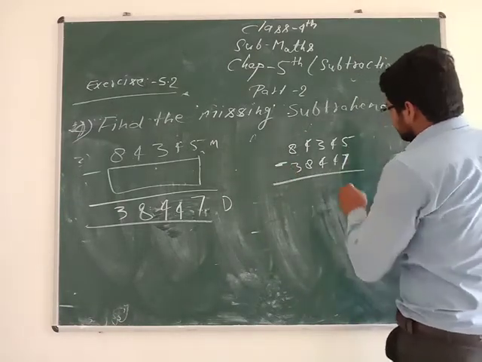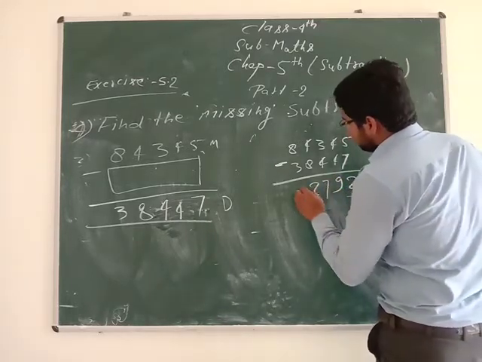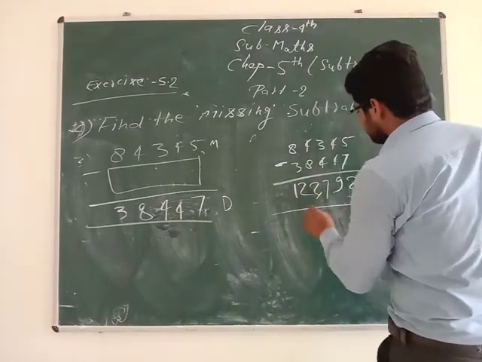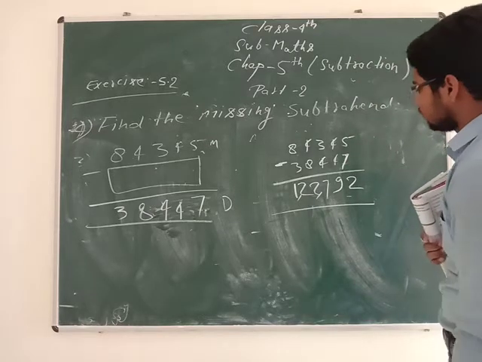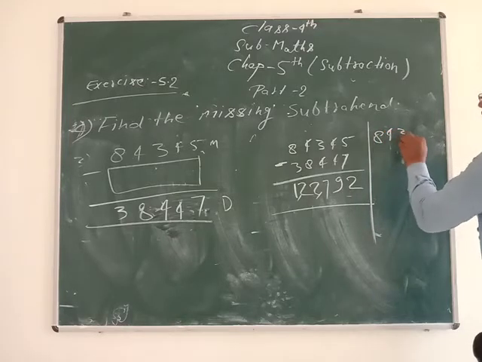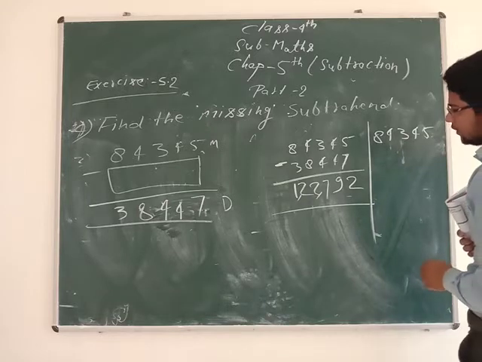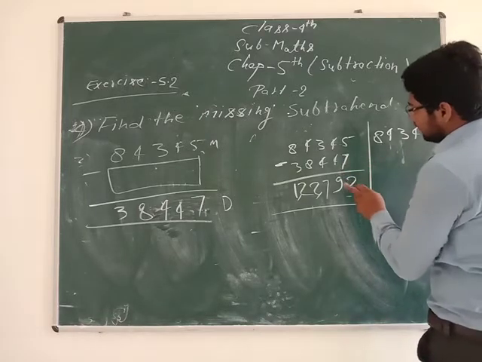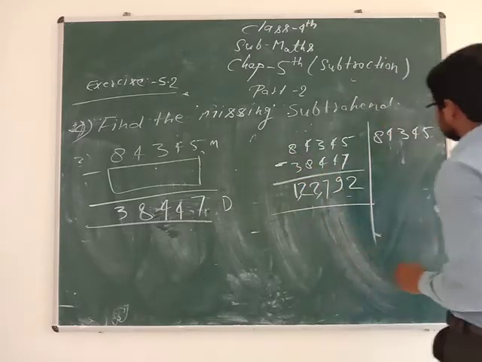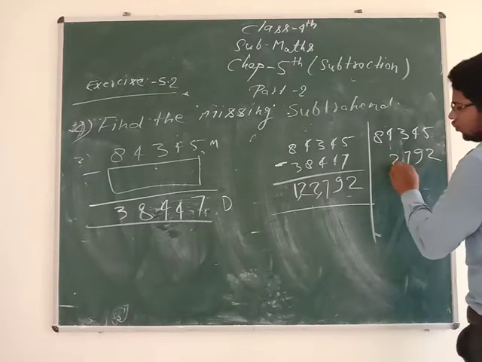So 15, 7, 5, 12, 4, 4, 8, 1, 9, 4, 3, 7, 8, 4, 12, 8, 3, 11, 1, 12. So 1,22,792 is the correct answer. So let's subtract it and check the answer. 84,345 and 12,27,092. So 7, 5, 12, 4, 4, 8, 1, 9, 4, 7 and 8, 4, 12, 8, 3, 11, 1, 12.